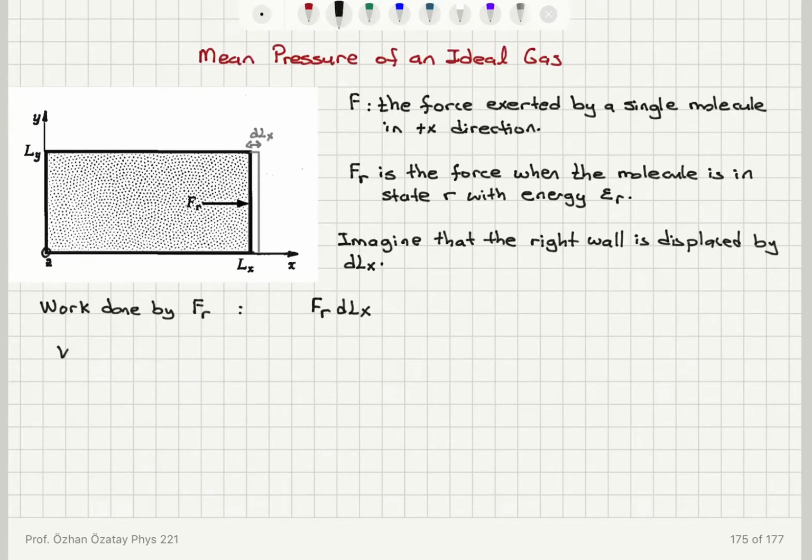So let's remember, work is the dot product for a constant force with the displacement delta x. So the force is in the i hat direction, and I have the displacement in the i hat direction. So the dot product gives me Fr dlx,